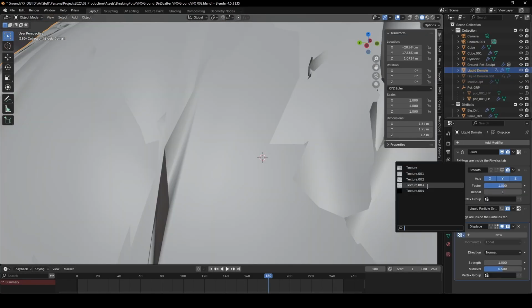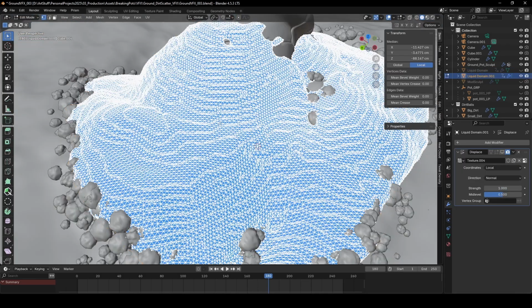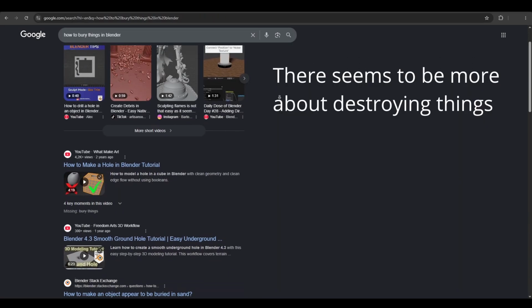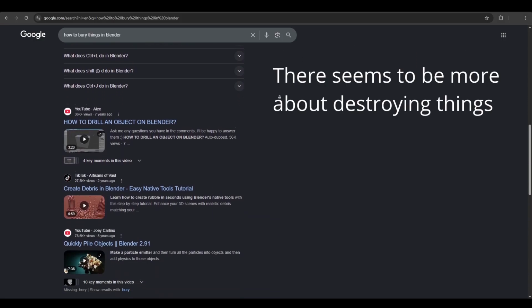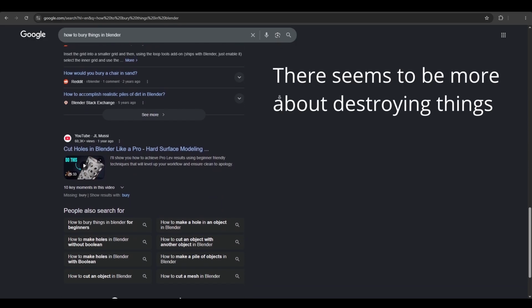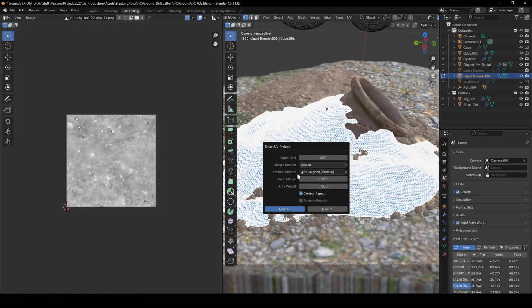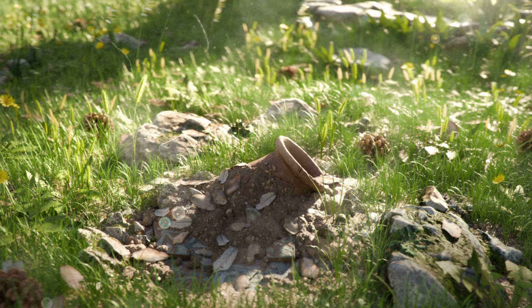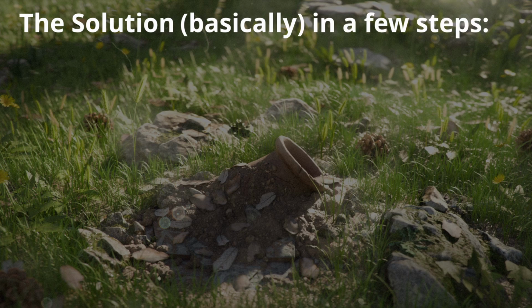But I'm always open to finding more efficient solutions, and so I spent a few hours researching different ways on how to do it, and quite surprisingly, it's not very popular. I guess not a lot of people share this sort of problem. So, but anyway, my solution is to basically, in a few steps, do a liquid sim,